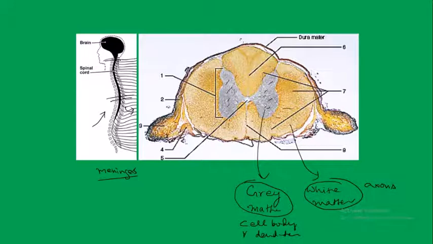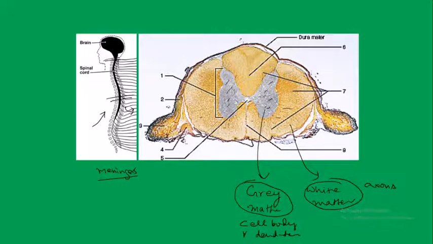For example, if there is a hot plate or anything and you touch it, when the sensory organ gets the sensation that it is very hot, that message is passed up to the spinal cord but doesn't go up to the brain. Just on reaching the spinal cord itself, there is an immediate message that we have to pull back the hand from that source. That is called reflex action. It doesn't involve the direct involvement of the brain.